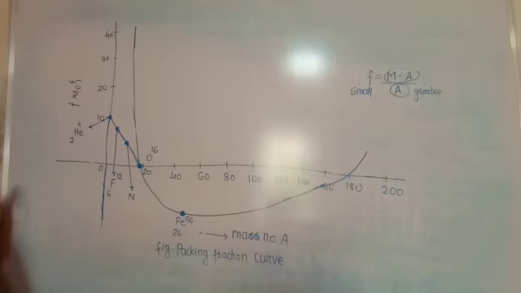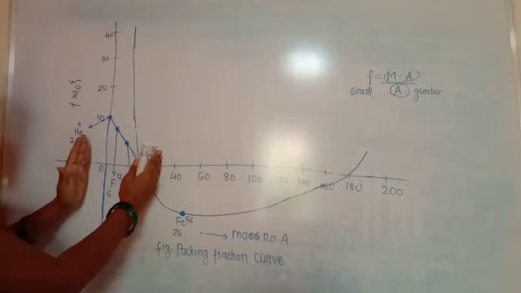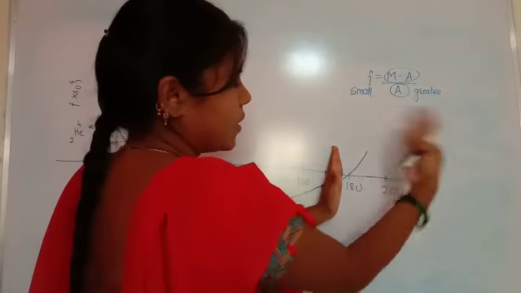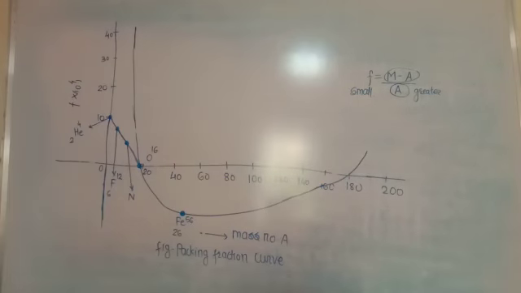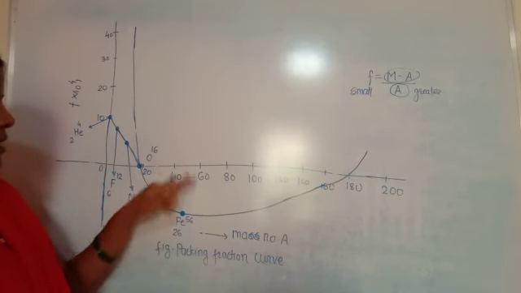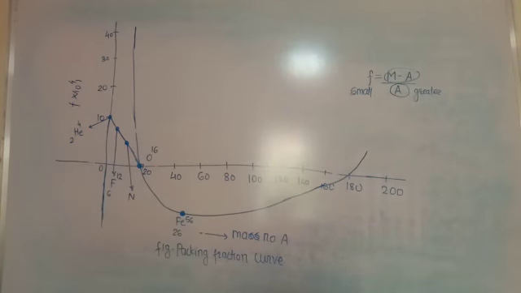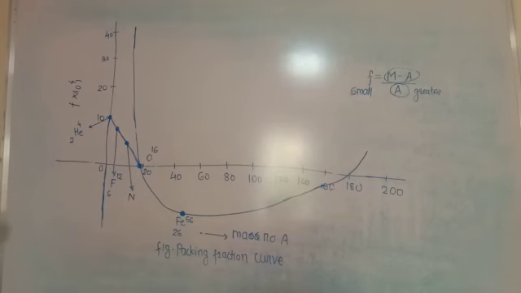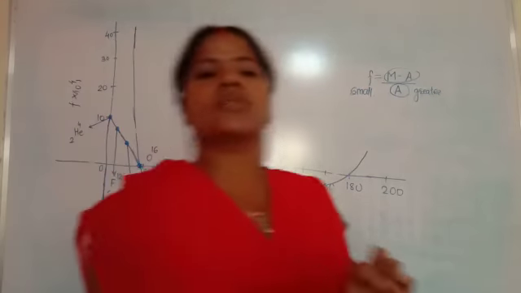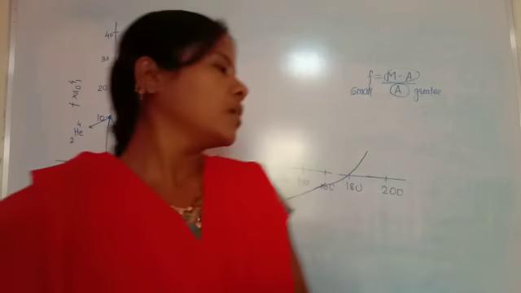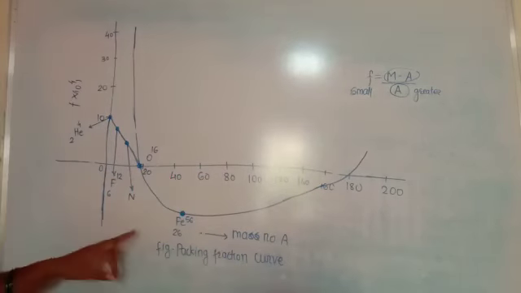So the atoms which have lower atomic mass, below 20, and above 180 are the unstable nuclei, and the atoms in the middle range, around Fe, have stable nuclei. After that, there is a natural tendency of atoms to lose energy, so fission and fusion processes occur for the stability of the nucleus. So this is all about the packing fraction curve, that is, the variation of packing fraction with the mass number.